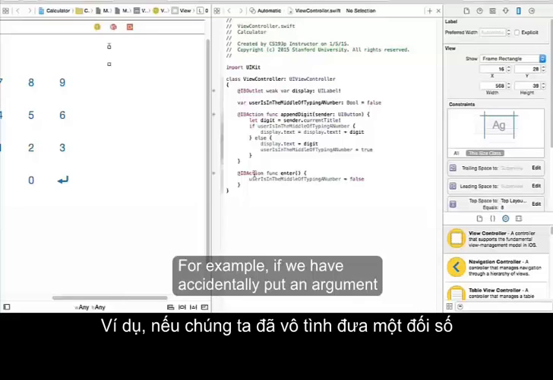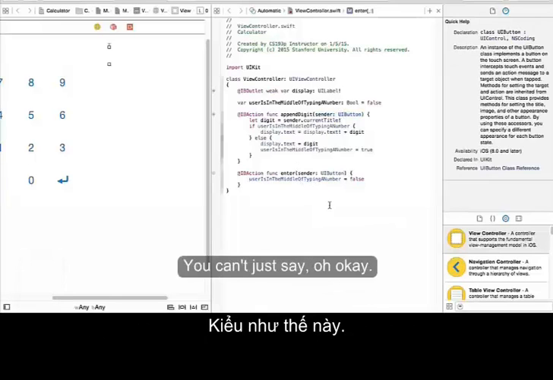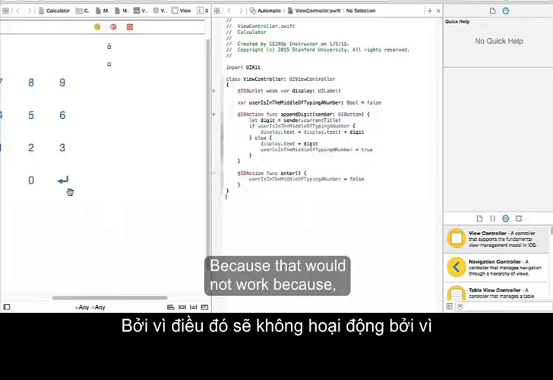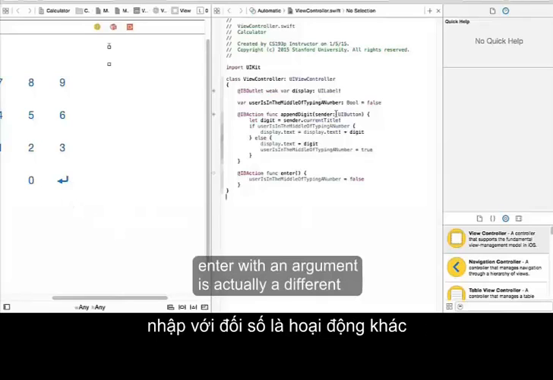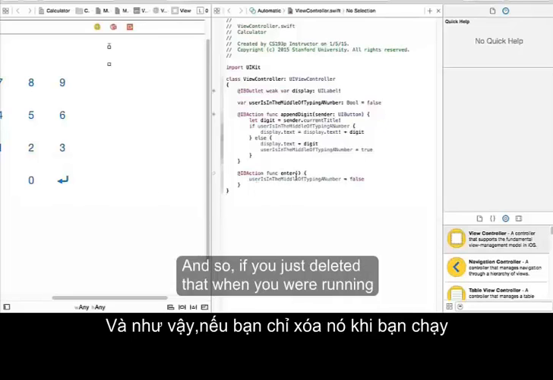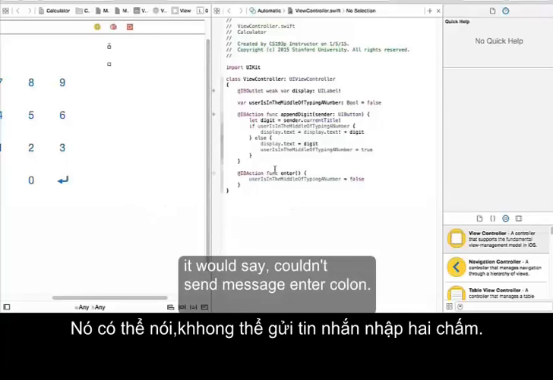For example, if we had accidentally put an argument here on enter, if we had made it do the sending button trick, you can't just say, oh, okay, I'll fix that, I'll just delete that, because that would not work, because enter with an argument is actually a different message than enter with no argument. And so if you just deleted that when you run your program, it would crash and it would say couldn't send message enter colon,